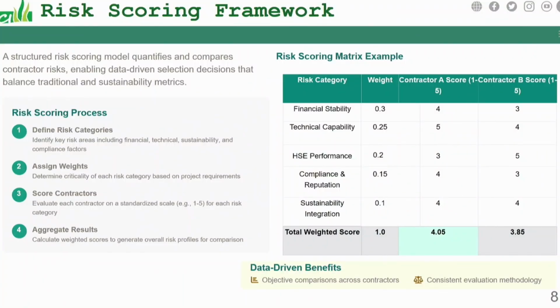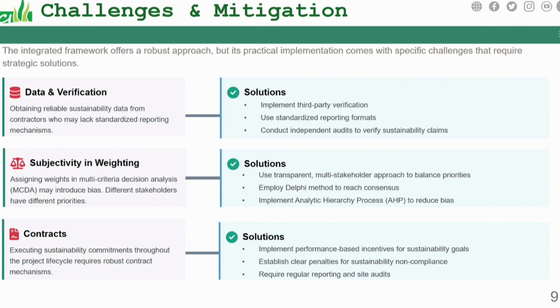So the scoring, it's a process. And I'm just trying to say that in as much as you put all these issues together, you are trying to make sure that you are very objective. Of course, it comes with its own challenges. But as much as possible, if you see the matrix on the right-hand side, highlighting all the issues, making sure that objectively you score contractors to get the best out of the lots that you have brought. It comes with challenges, like I said, but obviously you can make some solutions to resolve them.